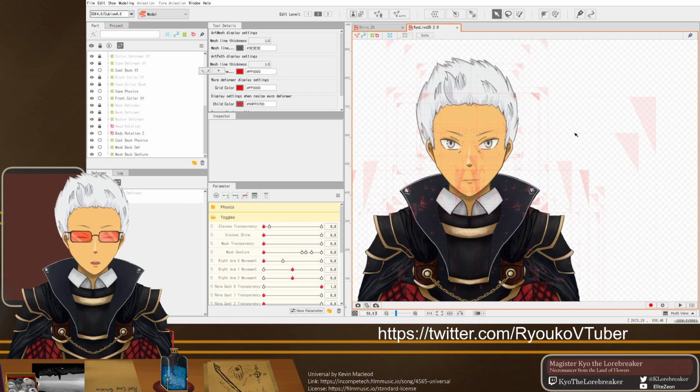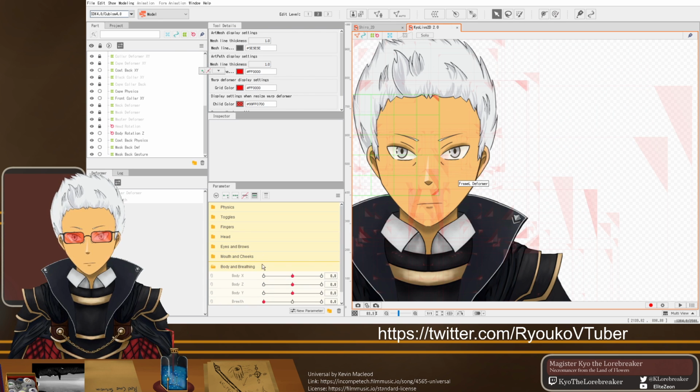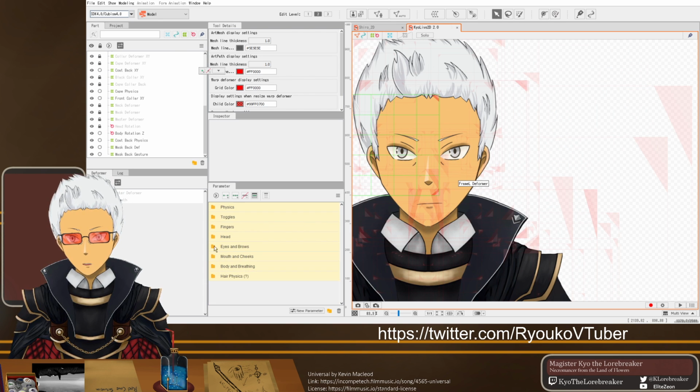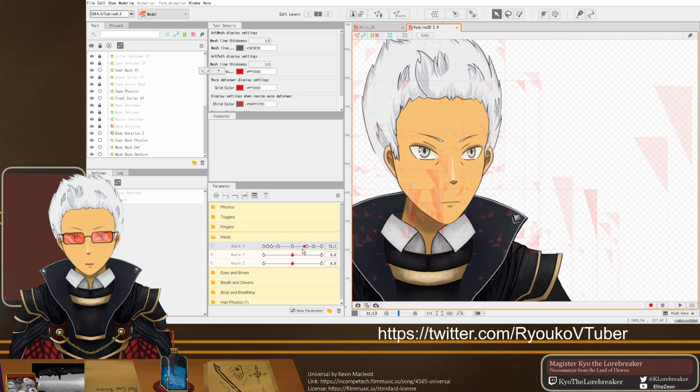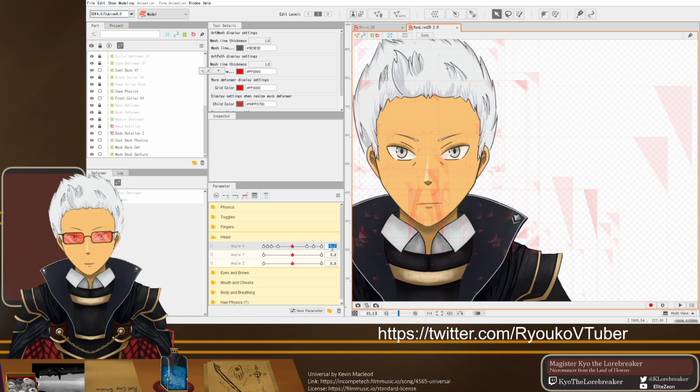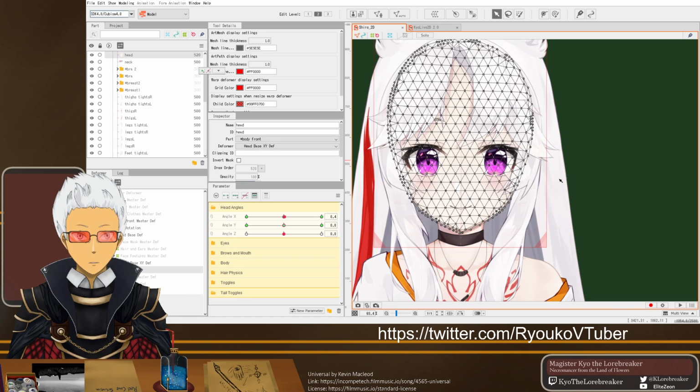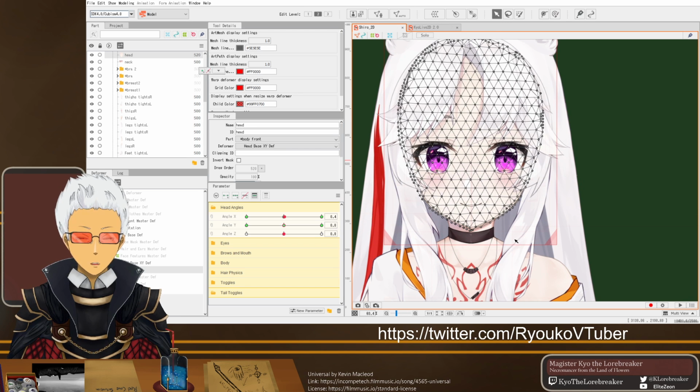So this right here is my own personal Live2D rigging. I'll use that just to double check how some things were done, just so I have something to fall back on. Hopefully I won't need to use it too much, but it's there. Always make sure you have some way to double check your work.